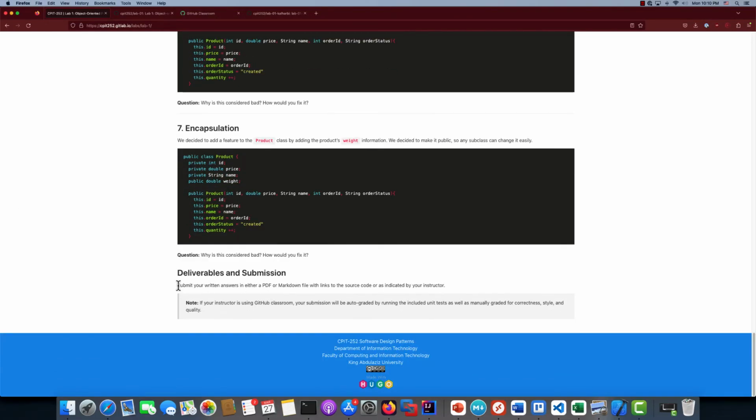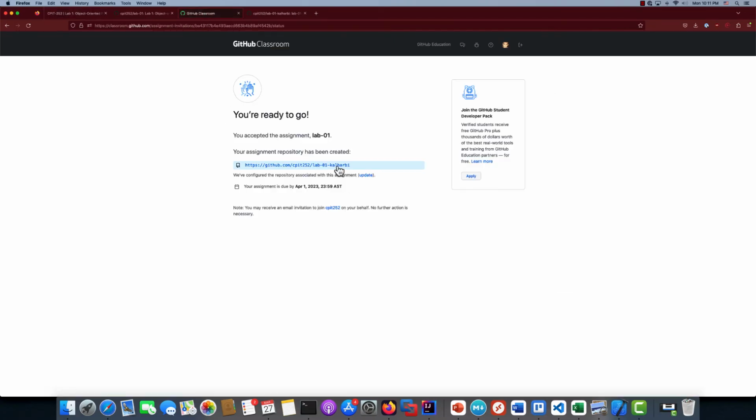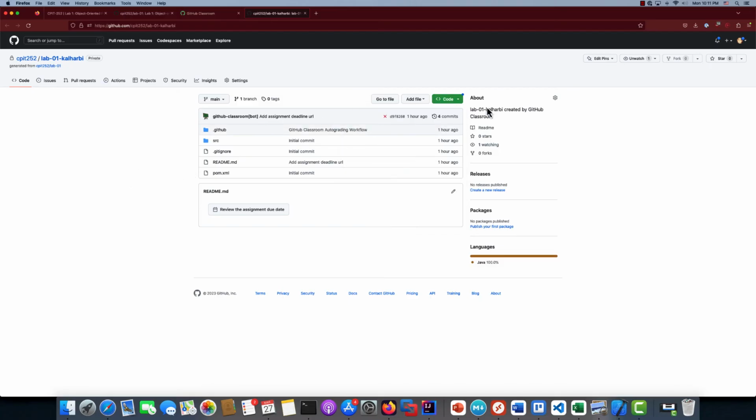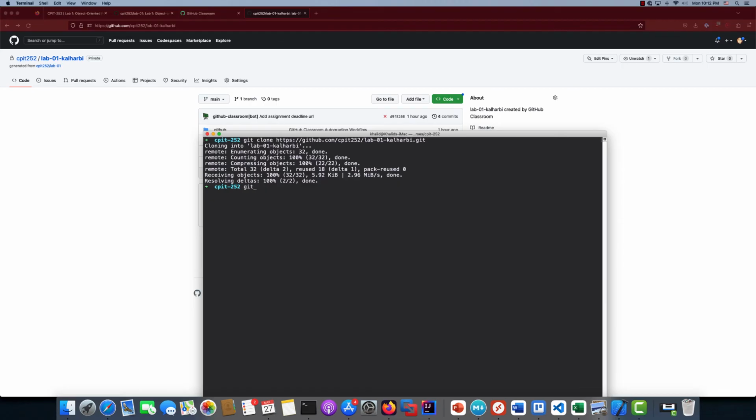Now we need to submit, right? So you need to include either a PDF or a markdown with your submission, adding your name and the answers to these questions. So if you go to the GitHub Classroom and you go to the link that you received invitations to, and then we need to basically check the Git repository. I'm not inside the repository, so I'm gonna go to that folder, lab 01, and then my GitHub ID. So now if I do git status,